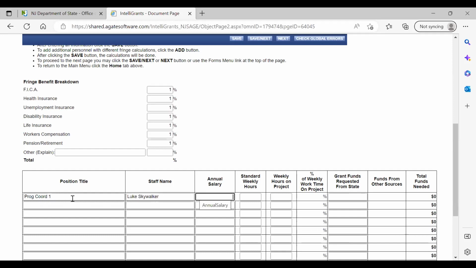His annual salary is $30,000. He works about 35 hours a week. Weekly hours on this particular project, let's say it's 7 hours. And let's say you're going to charge Luke Skywalker out of this grant $5,000. Let's just say. And then for the program coordinator 2,